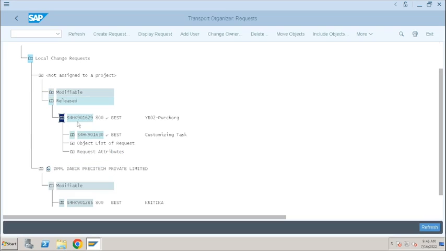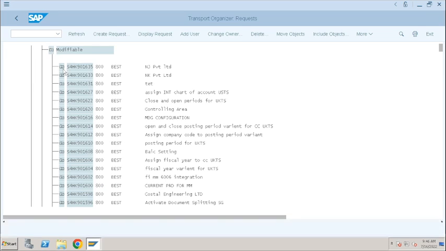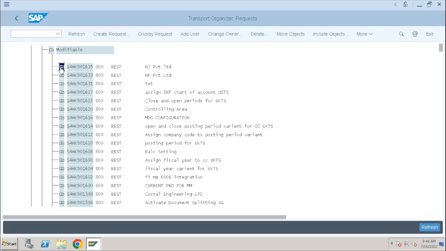If you observe, this one is in release status. It is having a tick mark, right? That means it is released. It is already released to the test system. You cannot add any changes to this transport request, but you can add changes to any of these modifiable transport requests. But please observe, we are not going to create